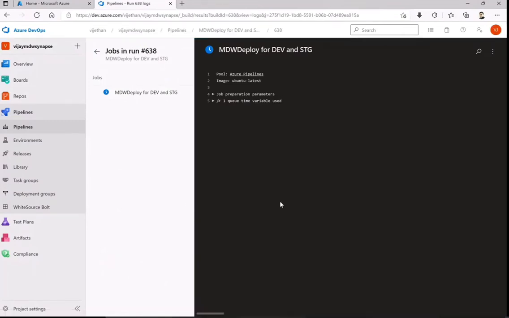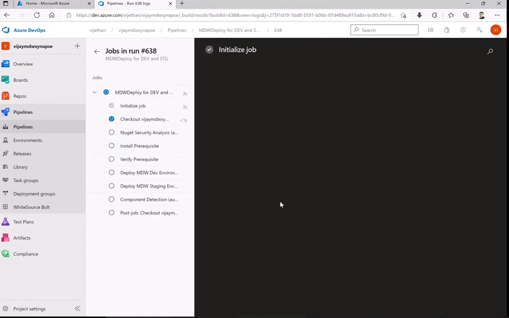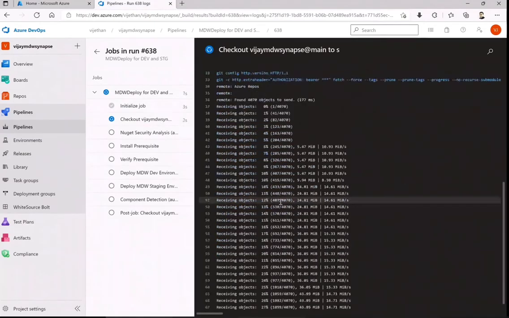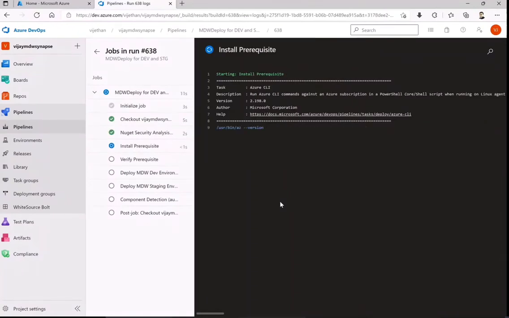While it runs, it is going to fetch the variables that we have defined. This is cloning our repository on the hosted machine.